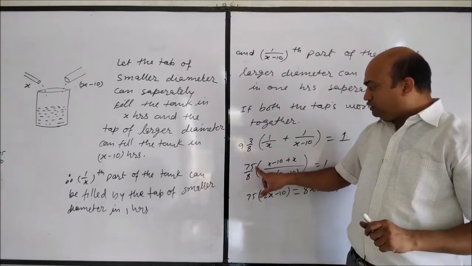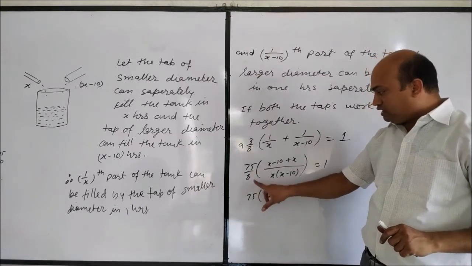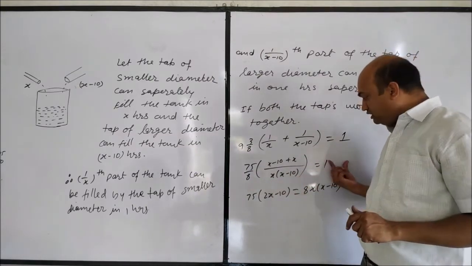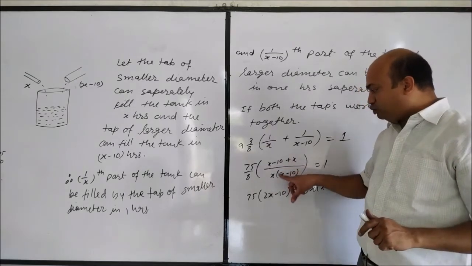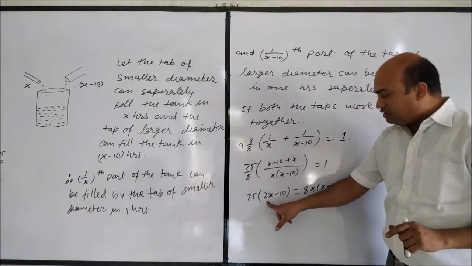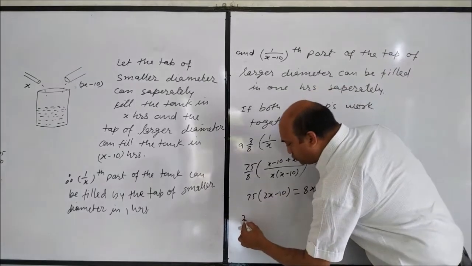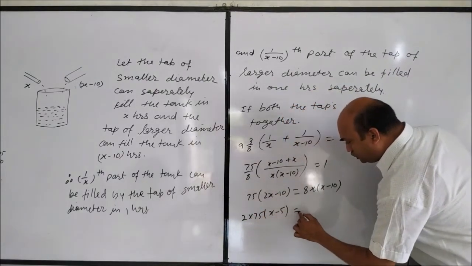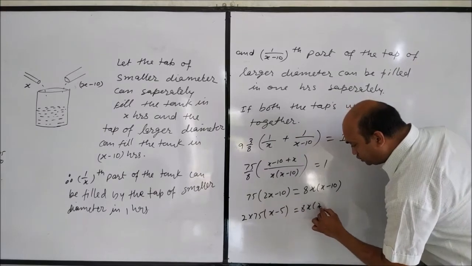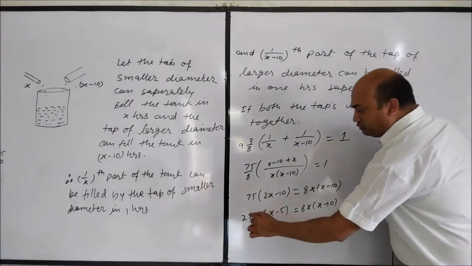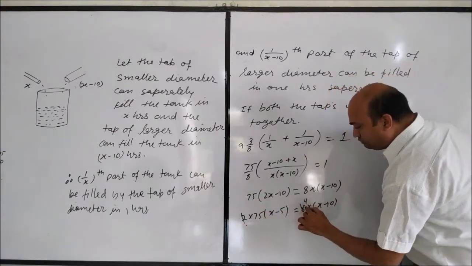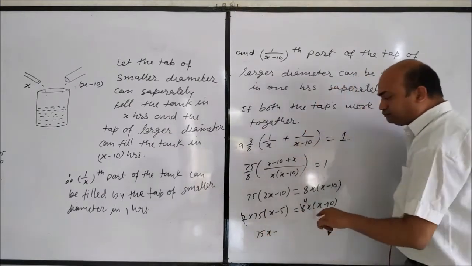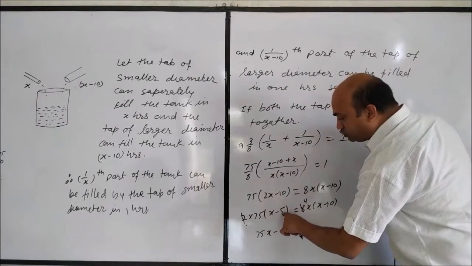You see, this 75 we take here, this 8 we multiply here. This x into x minus 10 also we multiply here, and it will be 2x minus 10. From here we take 2 common. It is 2 into 75, x minus 5 is equal to 8x into x minus 10. By this 2, this 8 we cancel, we will get here 4. This is 75x minus 75 into 5,